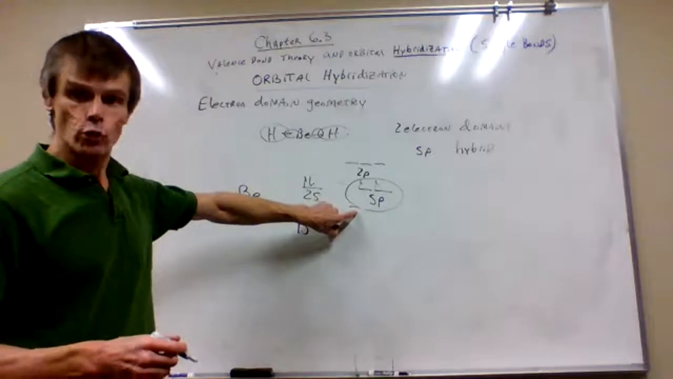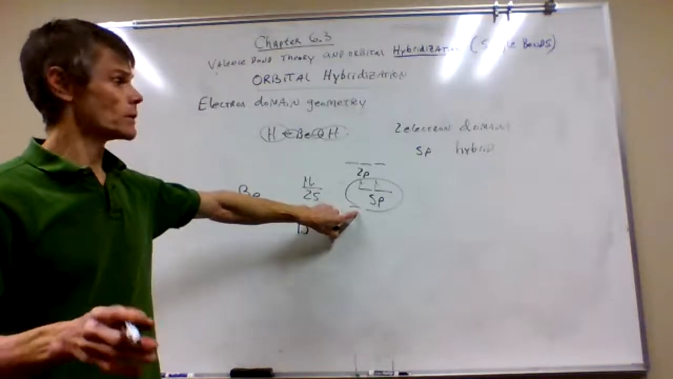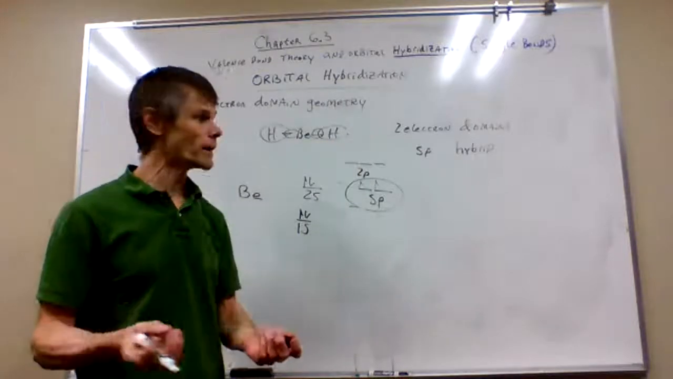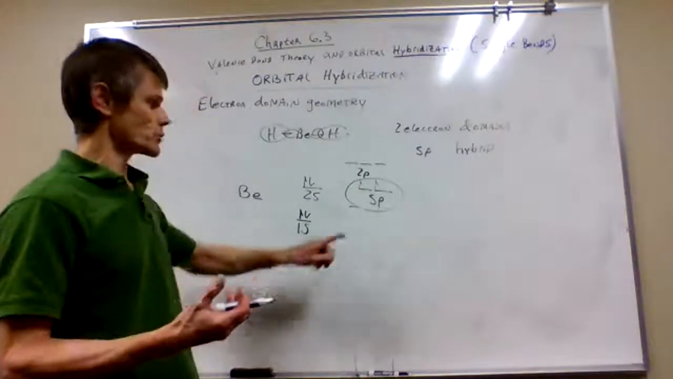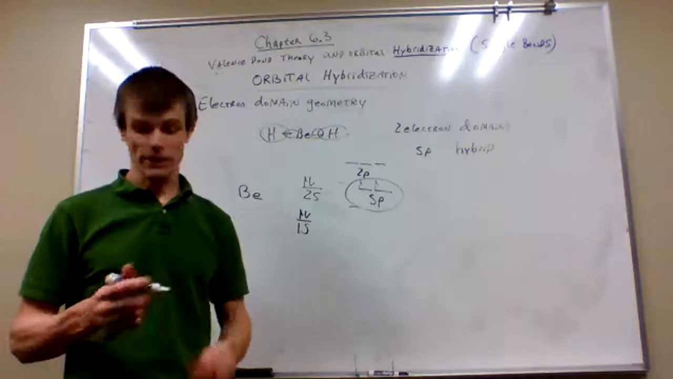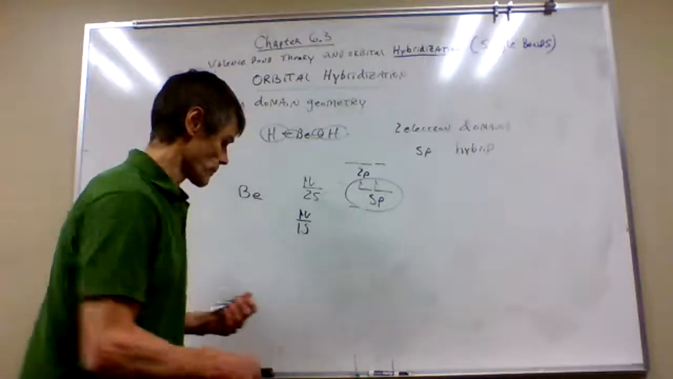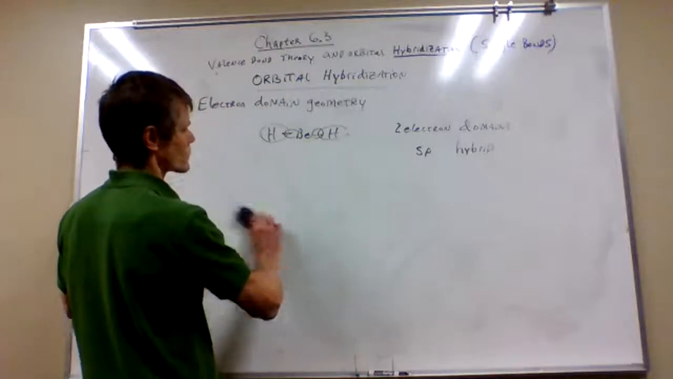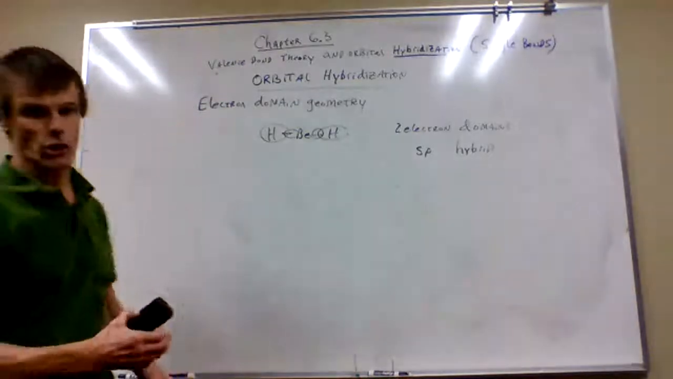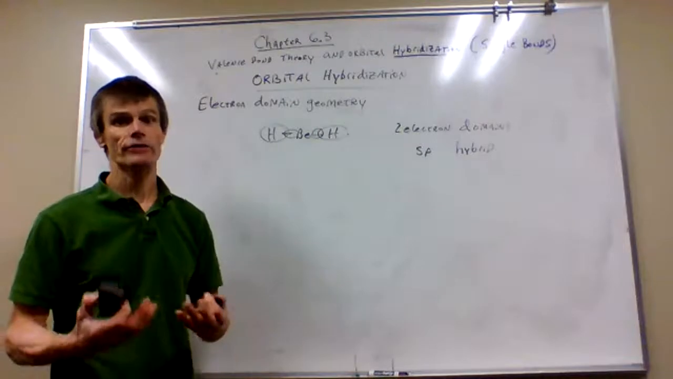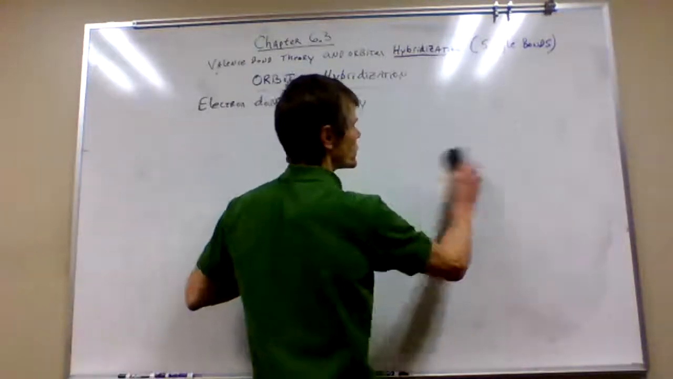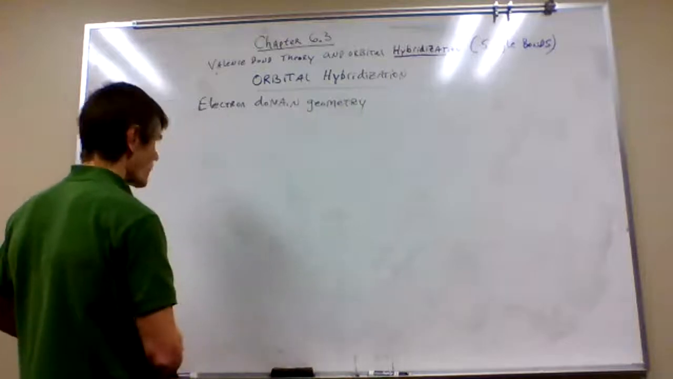So when we have 2 electron domains around our central atom and they're all involved in bonding, we have a linear geometry and we're expecting to have an sp hybridized central atom. Let's think about electron domain geometry and how important that is to help us make our predictions. So as we just showed, for beryllium hydride,